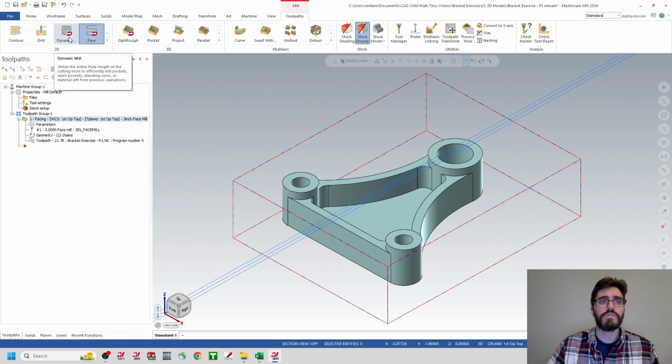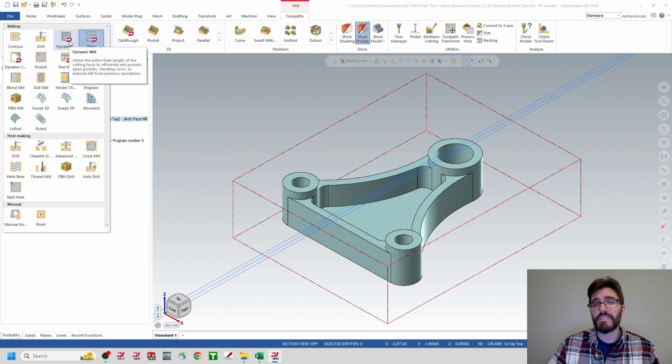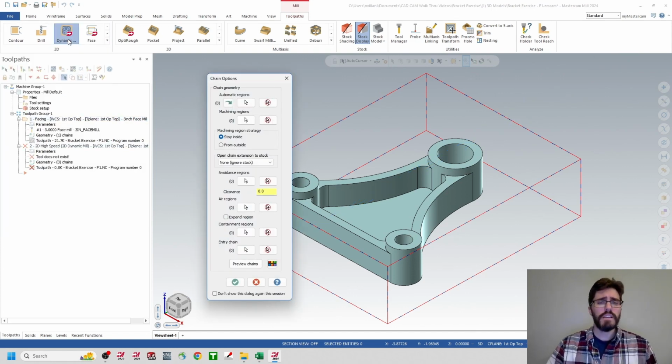We're going to go over here to the 2D dynamic mill. If you hit the drop down menu here from the gallery, it's just going to be that third selection, but we're just going to click on 2D dynamic mill. And as we've talked about before, inside the chaining options, we want to make sure that we're satisfying 3 different criteria before we can apply this toolpath. That's going to be your machining region. It's also going to be your machining strategy, and then what avoidance geometry or avoidance region do you want to be considering while we're